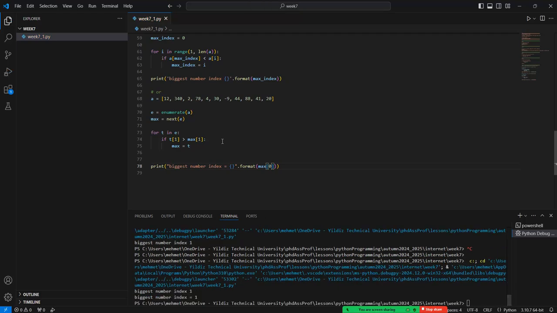Okay, see, the biggest number index can be assigned by using these terms. Enumerate creates the iterable object, and next is assigned to max, and then t[1] at each case. t is changed in the enumeration, but the first element must be compared with the other one, and so max is assigned to this one, and the type of max contains the index and the value. If you reach the 0 value, this is the first tuple element, which means that it is our index value. Okay,